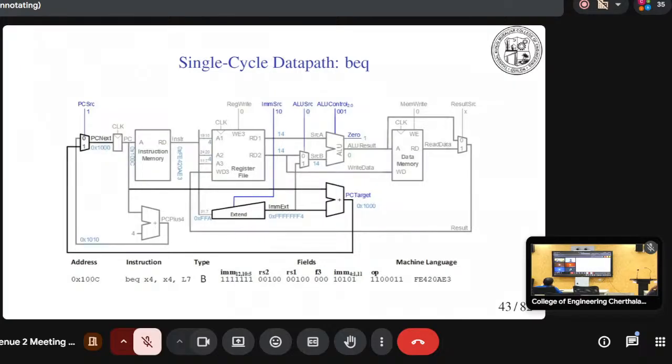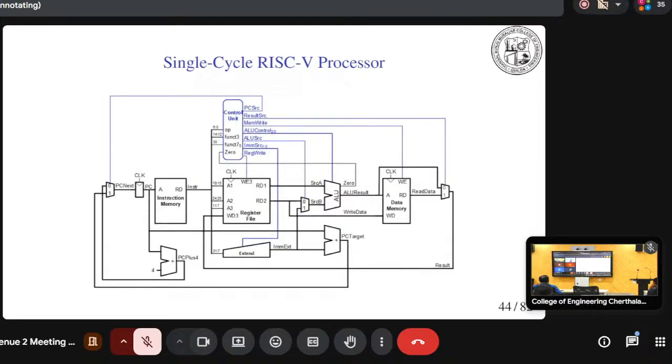So if the two data are equal, we will take the program counter and the immediate data. We will add these two together and it will go into the label, and the program counter will now be updated. To update the program counter, another part comes, the ECR corresponds to the EC source, and it will be active. Okay, so this is the complete hardware of the processor. We have the data path here in the bold black line and we have the controls in blue.